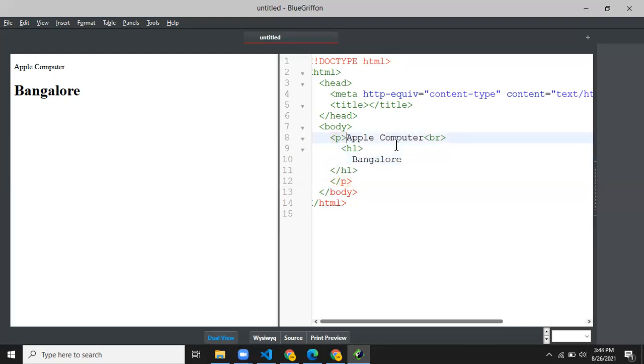Similarly, let us say I want to have underlining done. I'm going to use a U tag. When I use a U tag, the underlining of the text is going to be done for me. I want the underlining to start from Apple and end with the computer there, so I'm ending the /U there. I don't want it to extend to the other text also, so I'm closing the tag there. Once I close that, the underlining is going to be done only up to that. Clear?